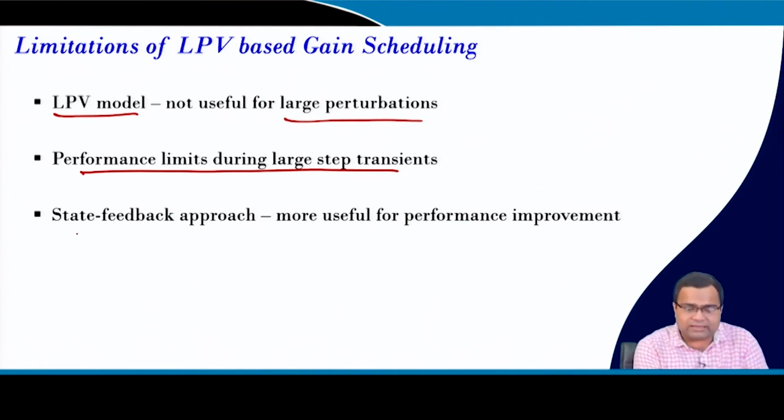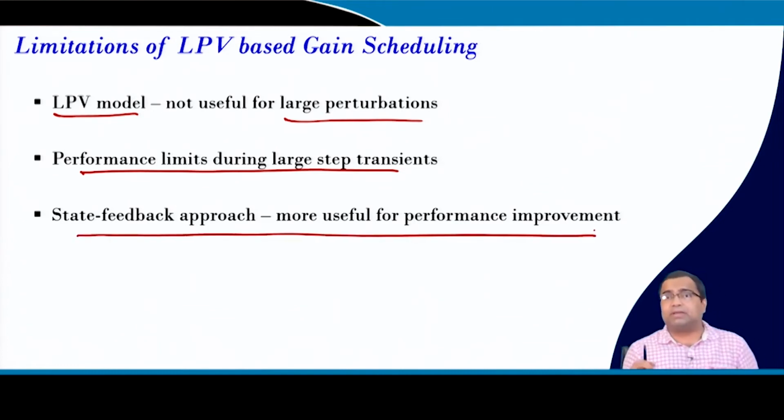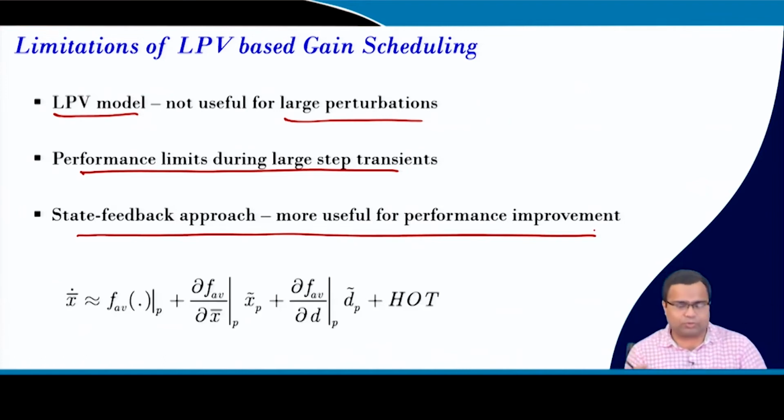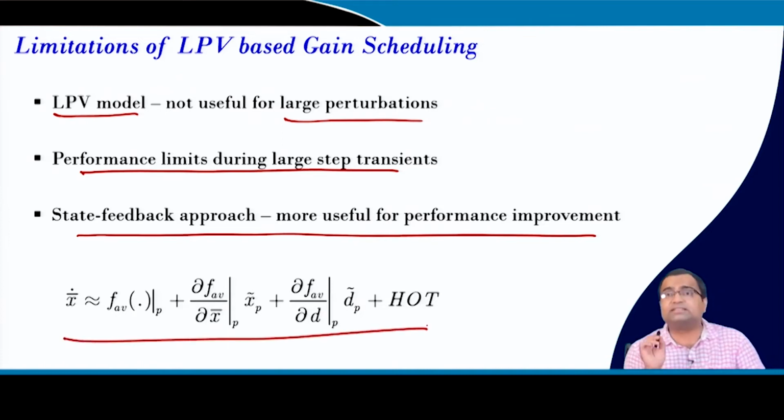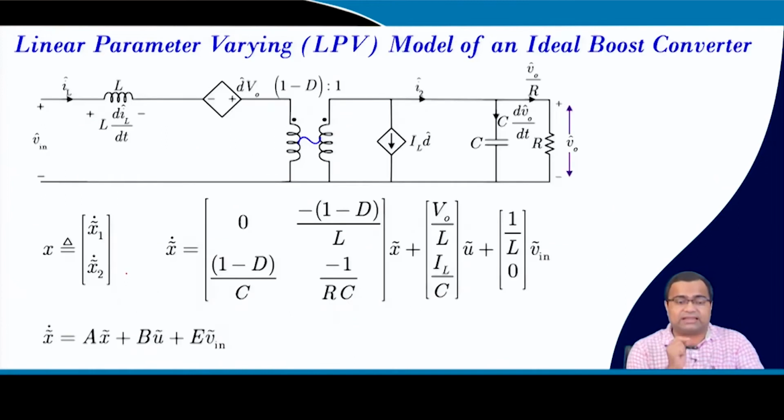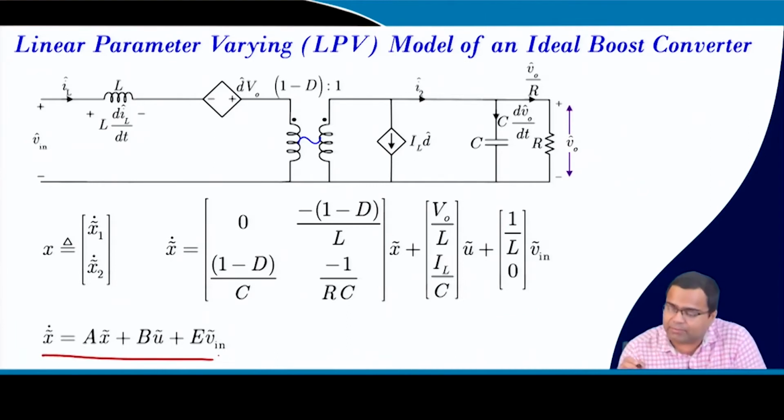And we have also seen the state feedback approach can be a better alternative compared to traditional current mode control, as well as of course voltage mode control, because voltage mode control is not sufficient for a boost converter. And there we can use again this Taylor series model, and we can get the linear model and design based on state space. So, again the linear parameter varying model, state space model, where what we did here, we have implemented, like we are taking this